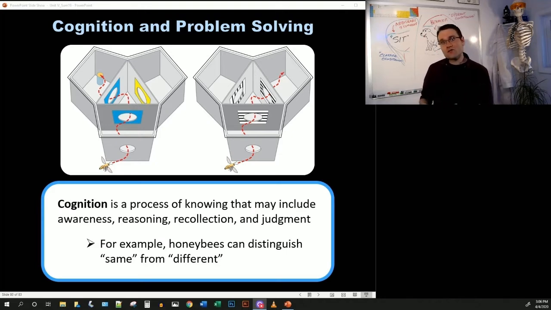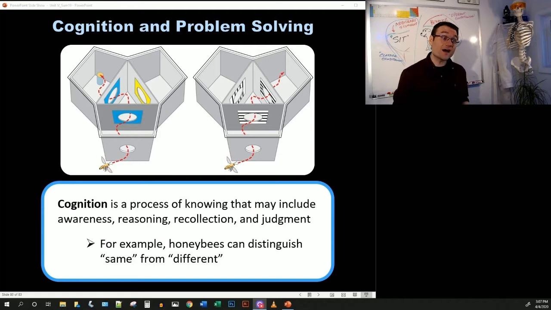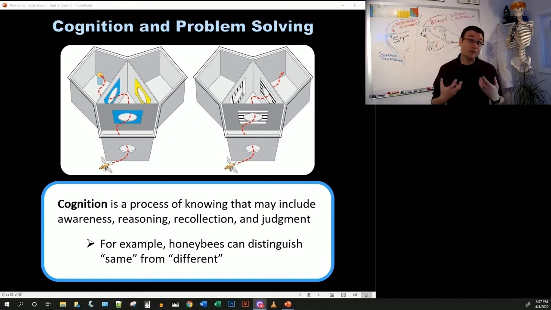Now, when he comes back into the hallway, he could just go back into the bedroom again, but he remembers he's crossed that off his list. Recollection. He remembers part of this, and his strategy is to systematically move through the house. That's a judgment call. He reasoned his way through it. And he'll keep doing this until he eventually finds me. So this is cognition and problem solving.